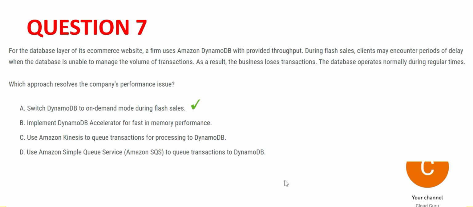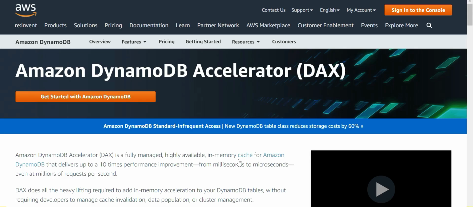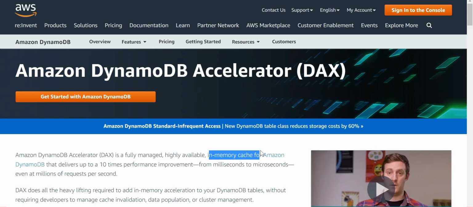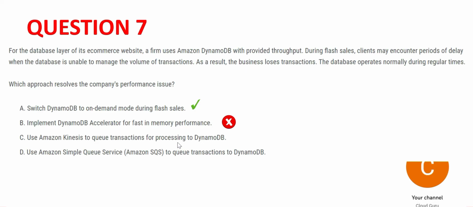The option B talks about DynamoDB accelerator. See, this is not a DAX use case. DAX, why is it used? To enable enhanced caching. And when does caching help? When you have the data saved and a number of people are accessing the same data. So caching will help because the cache will hold the data. But here, every transaction is a new transaction. See, DAX sits on top of the database, it is used for in-memory caching for Amazon DynamoDB, and it improves the performance 10 times, and it will only do it if you have a lot of reads and fewer writes. So B is wrong. Let's look at C.